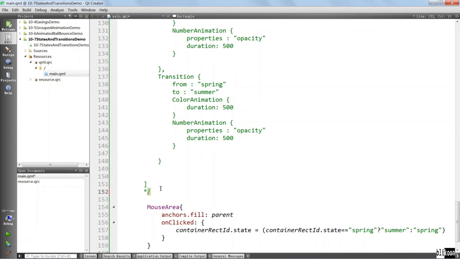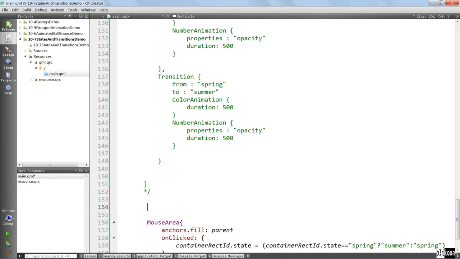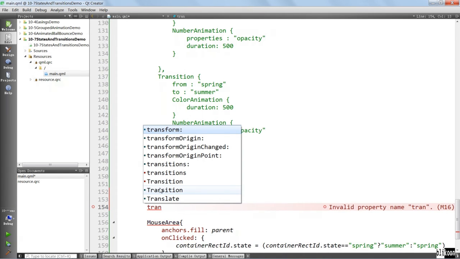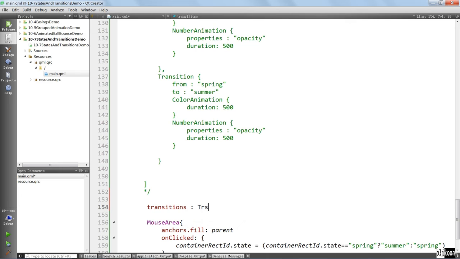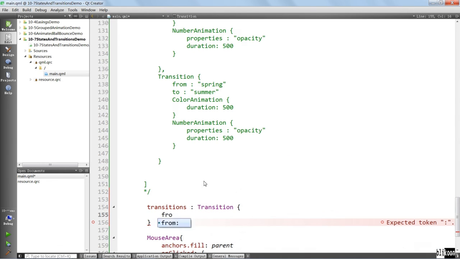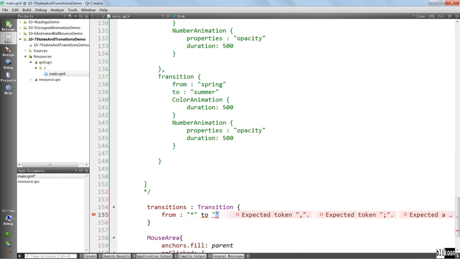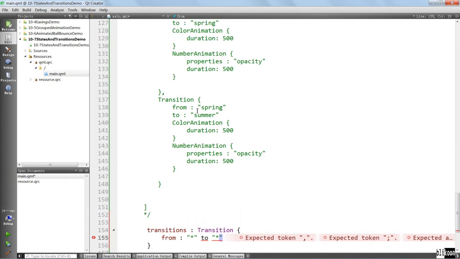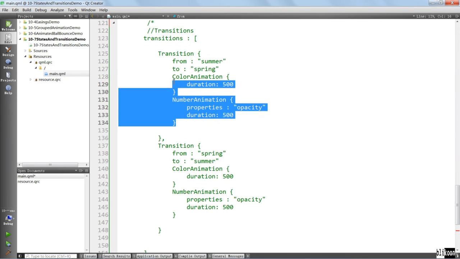If you want to do the exact same thing like this, we can say transitions and pass in one transition and say from any state to any state,